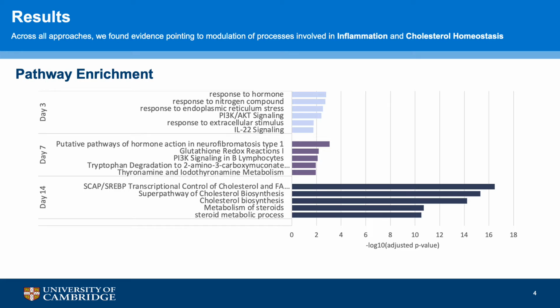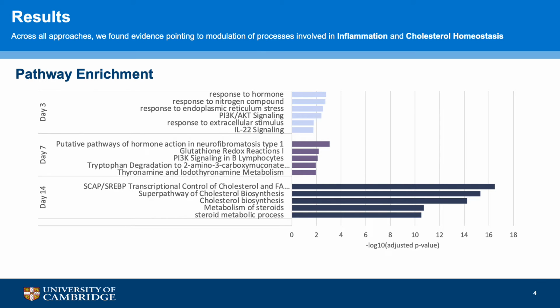So for the results, in general across all the approaches, we found evidence pointing to modulation of processes involved in inflammation and cholesterol homeostasis. So for example, for the pathway enrichment, these are the results for the healthy cells at the 3 time points. And there are some pathways here which are relevant to inflammation. So you can see here that interleukin signaling, for example, PI3K signaling,